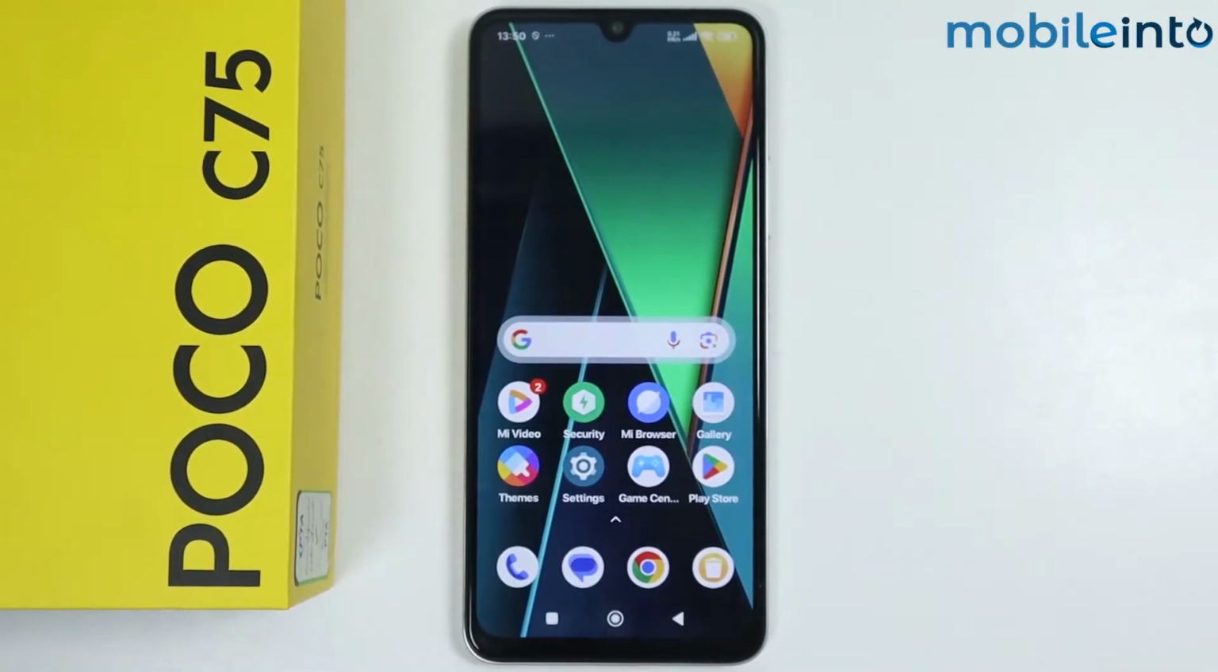Hey, what's up guys? So in this video we will see how to solve on-screen keyboard problem on any Poco